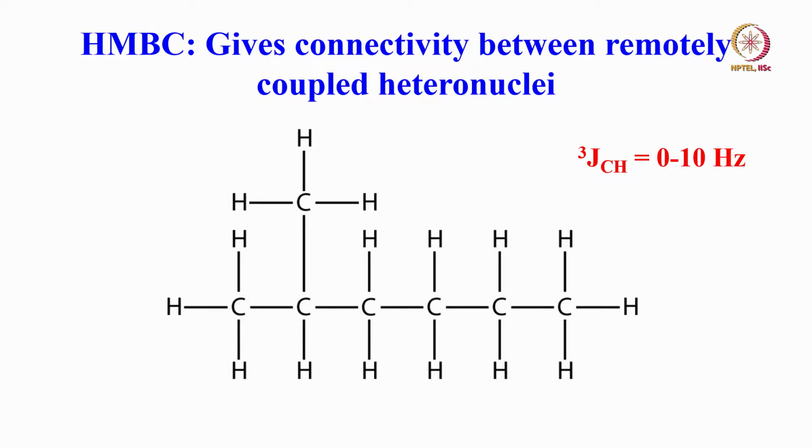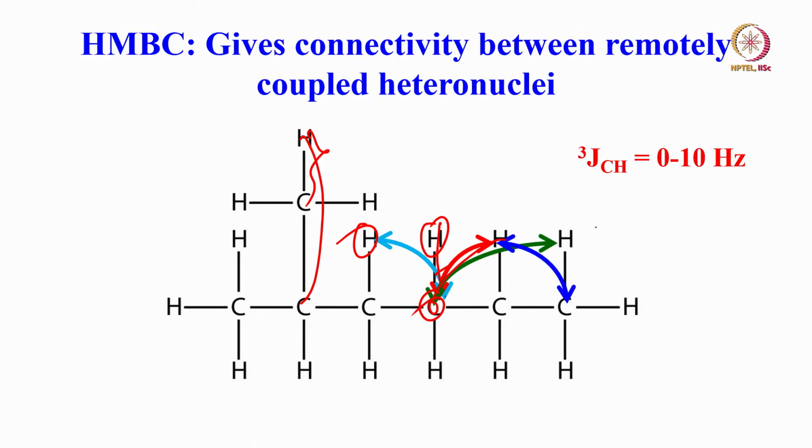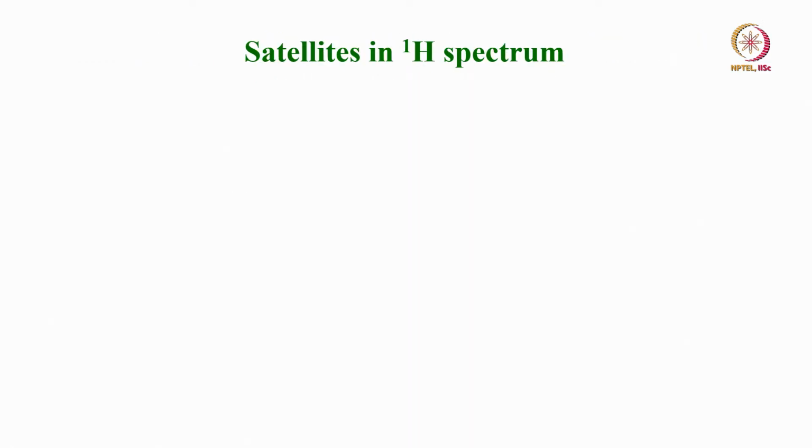Same thing if I want to do, for example, let us take this carbon. Instead of giving this one correlation to this, which HSQC does, from this carbon to this carbon, which is 2 bonds away, this is called long range multiple bond correlation. This HMBC gives, whereas HSQC gives the directly bonded one. Similarly, this to this HMBC gives, and it can go even 3 bonds, 4 bonds away. So HMBC gives multiple bond correlation, HSQC gives single quantum directly bonded.